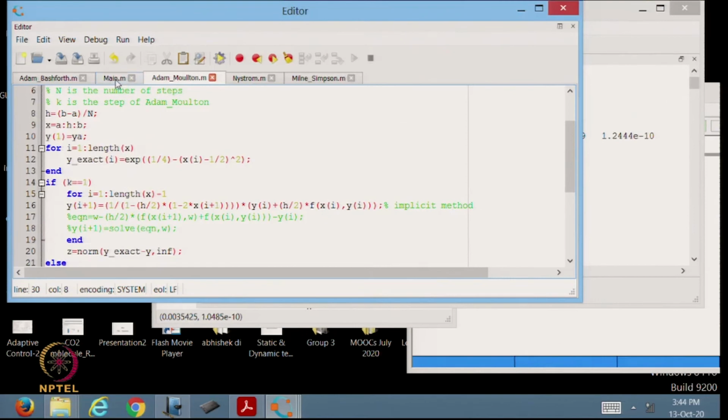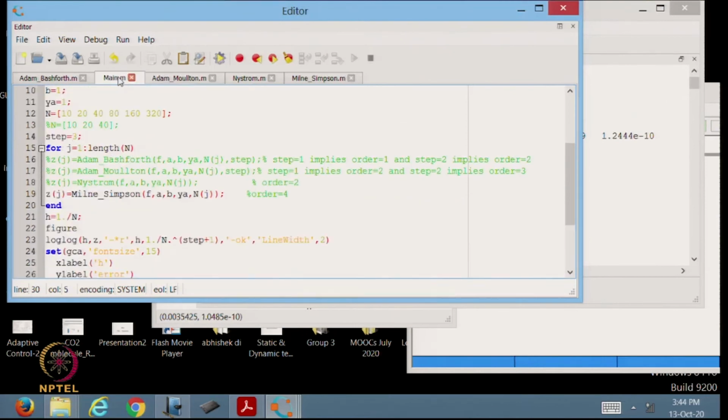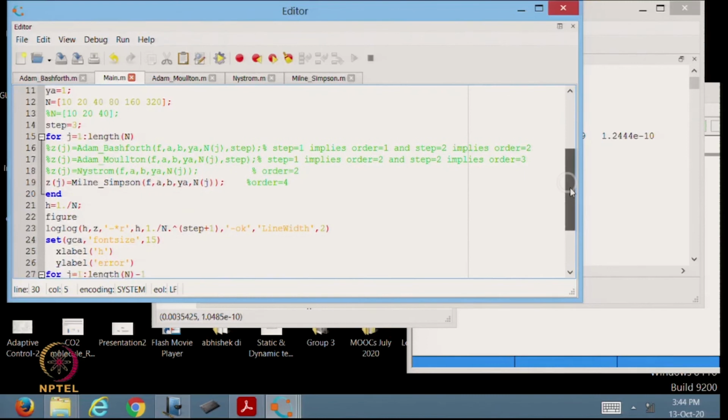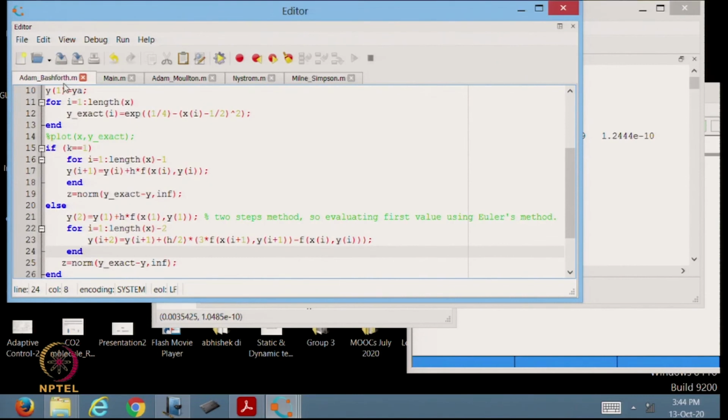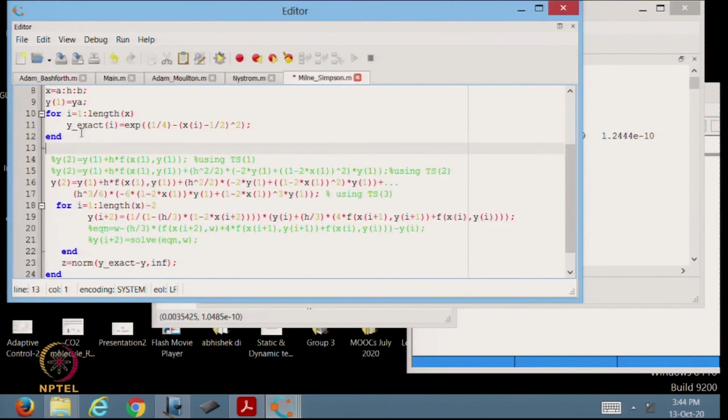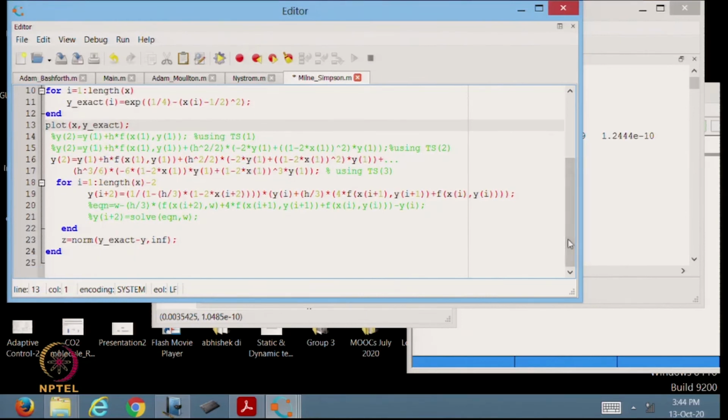Now, if you want to see how the exact solution and numerical solution look, in that case I suggest you type this command. So, basically I am plotting the exact solution, and let me also plot the numerical solution here.